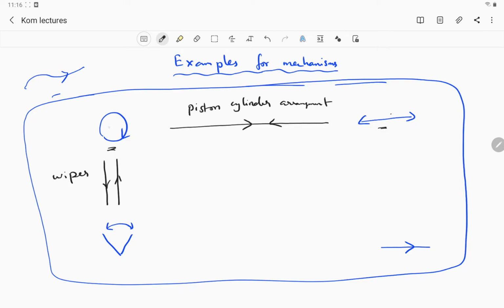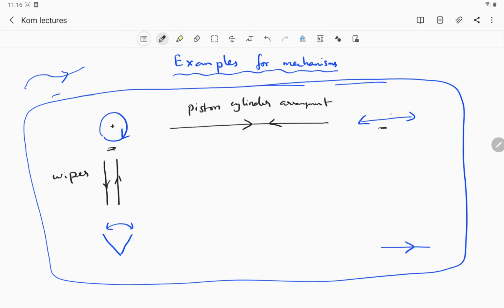One of the bodies will be rotated using a motor. Okay, so that's our available input motion, but what we require is that at the glass we have a motion which is in this form. Okay, so that's one possibility. And sometimes maybe just by making a motion in this direction we could achieve this complete rotation as well.